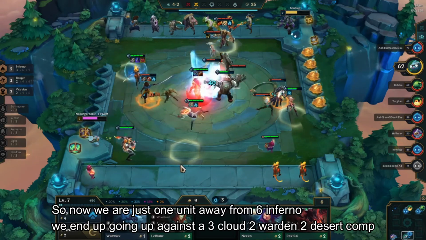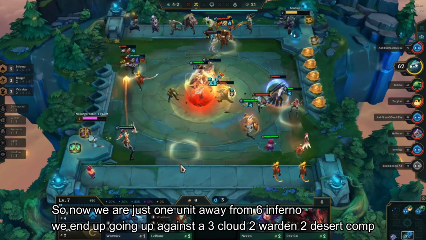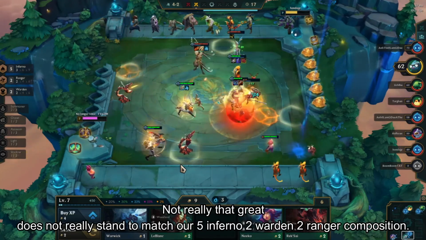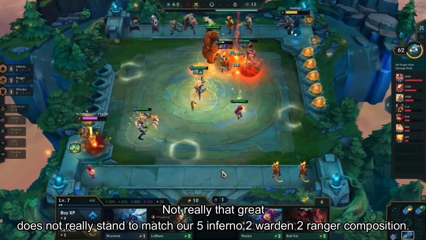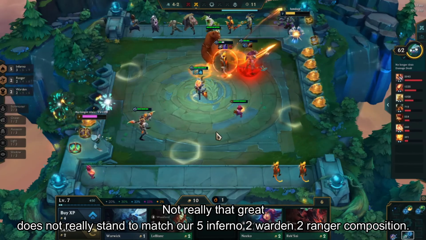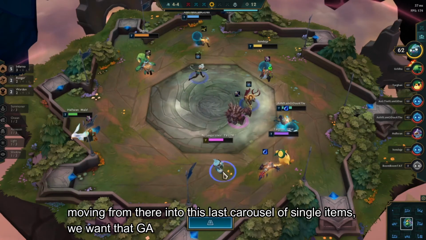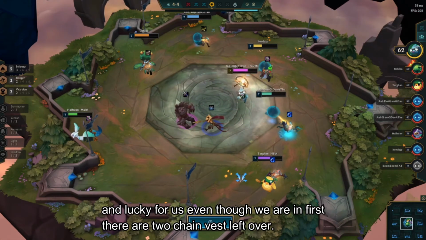So now we are just 1 unit away from getting that 6 Inferno. We end up going up against a 3 Cloud Warden Desert comp. Not really that great, does not really stand to match our 5 Inferno, 2 Warden, and 2 Ranger composition. Moving from there into this last carousel of single items, we want that GA, and lucky for us, even though